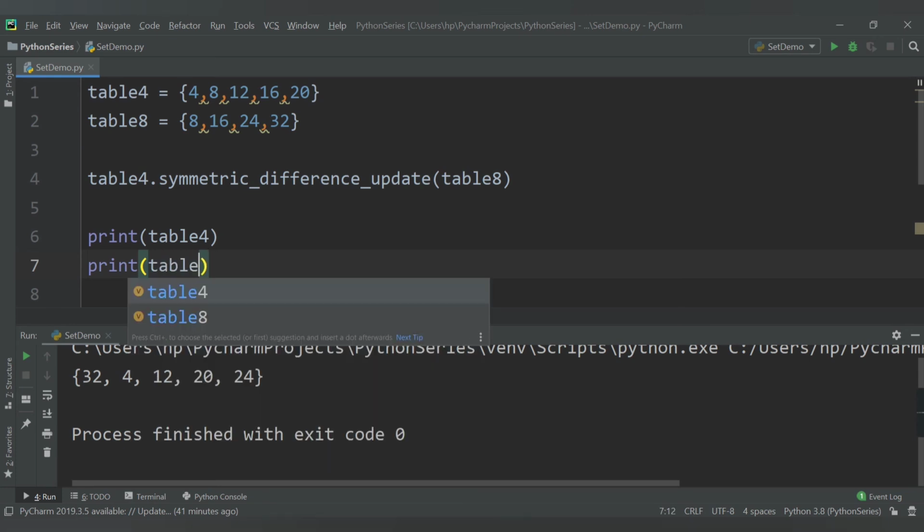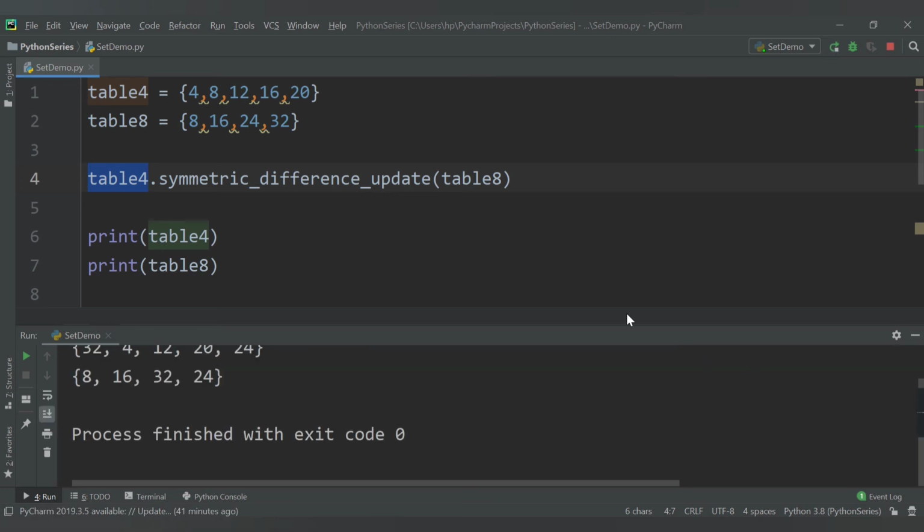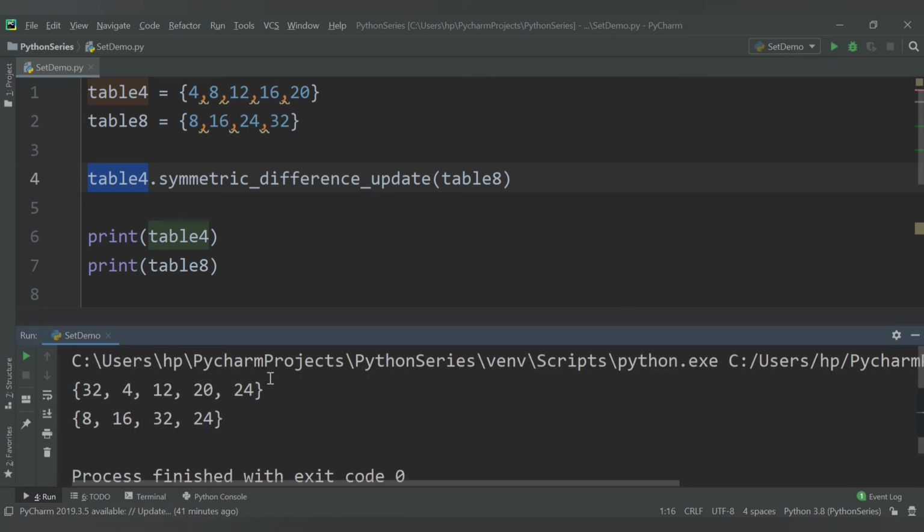So table 4 will be updated with the values which are not common in the two sets. Let me run this. See, table 4 contains all the values but excludes 8 and 16 because they are common in both sets, and table 8 is the same as what we provided, 8, 16, 24, 32.